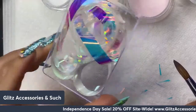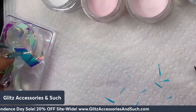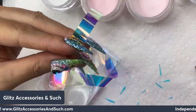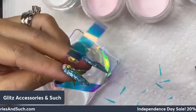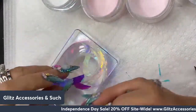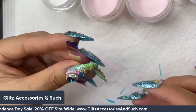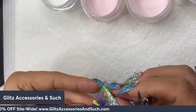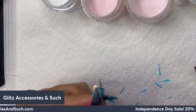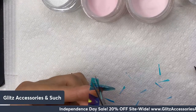Okay, and of course I'm so excited to have a request from you guys. You just want to see some of the fine iridescent sheet, so I've been cutting all of them here. Before we start, I'm going to show you the fine iridescent sheet. There are so many of them here, and I don't know how long it takes you to use this supply, but it's definitely worth every single penny. So I'm just cutting smaller pieces. There's a whole strip like this. You can cut however you want, or if you want to do something simple, it looks like an arrow. You can just cut it like that